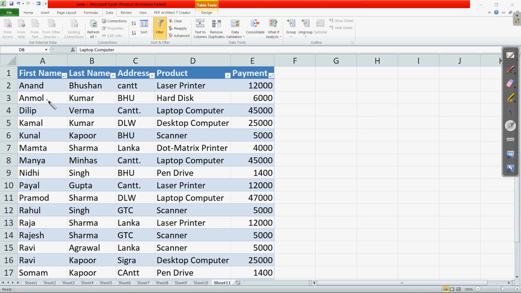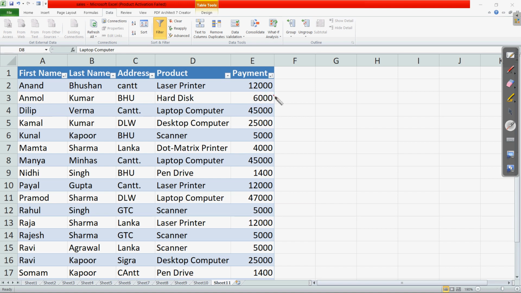So we are having two names. Clear? And in the two names, the payment is in higher to lower order. Is it so? For example, in the Anand we have seen 12,000 is the first and second one is 6,000.